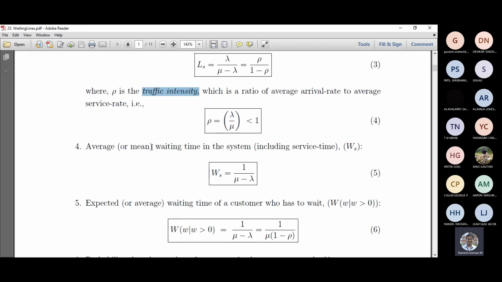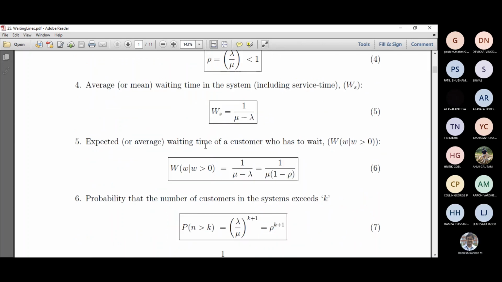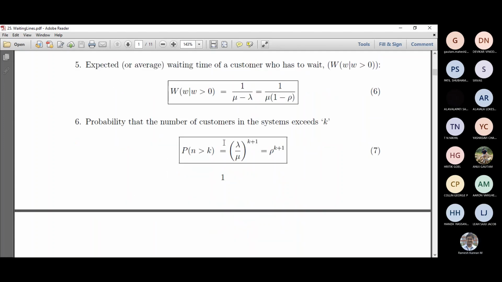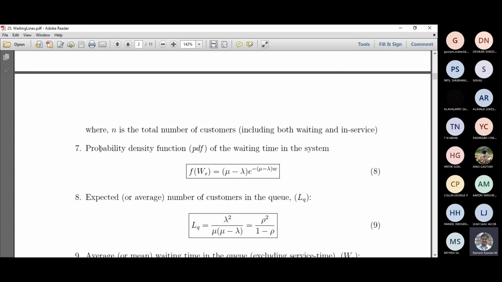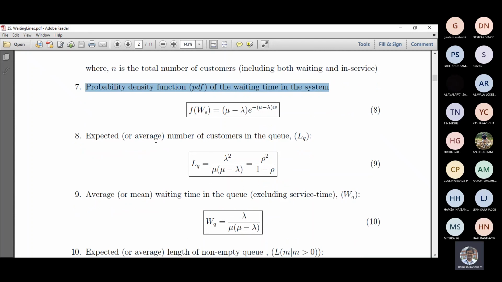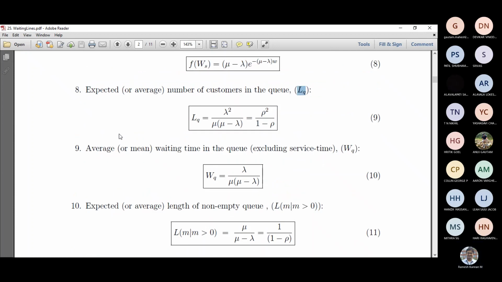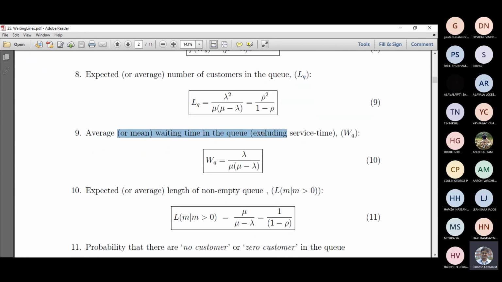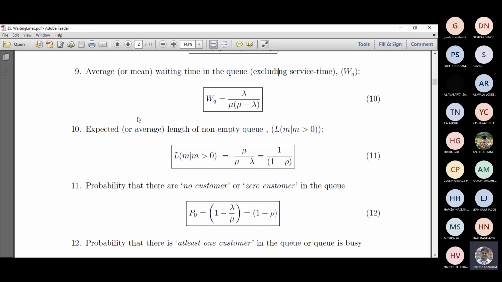We also talked about the mean waiting time in the system and the expected waiting time of a customer who has to wait in the queue, and the probability that the number of customers in the system exceeds k. And also the system not having more than k, and the probability density function (PDF) of the waiting time in the system, then the expected or average number of customers in the queue, or length of the queue, then the average or mean waiting time in the queue exceeding service time, and the expected or average length of the non-empty queue,